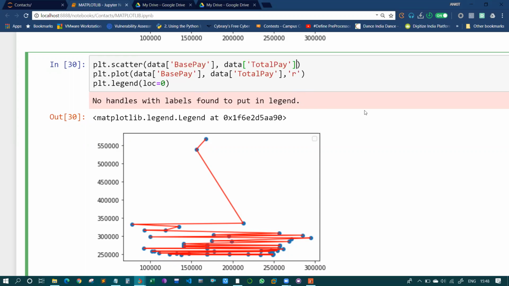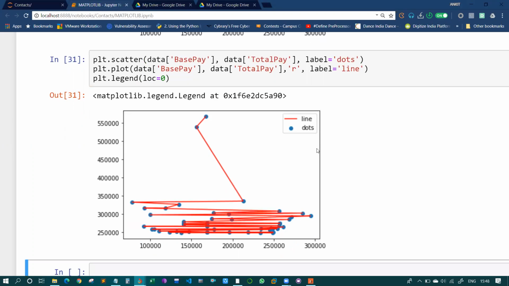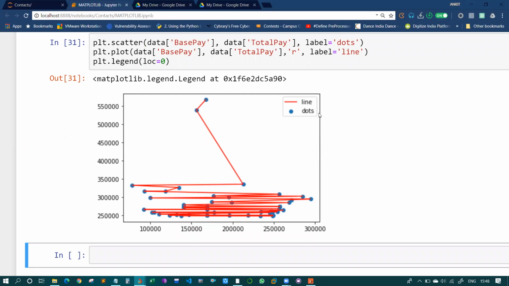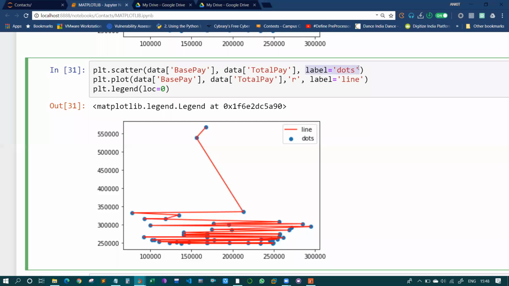Whatever you need to show as text in the legend, you need to specify in the label. Let's say this was dots, and this line was, let's say, line. It can be text, it can be anything, you just need to write it inside the label.